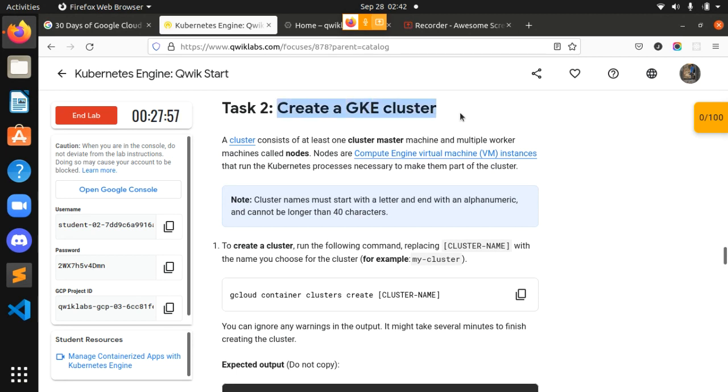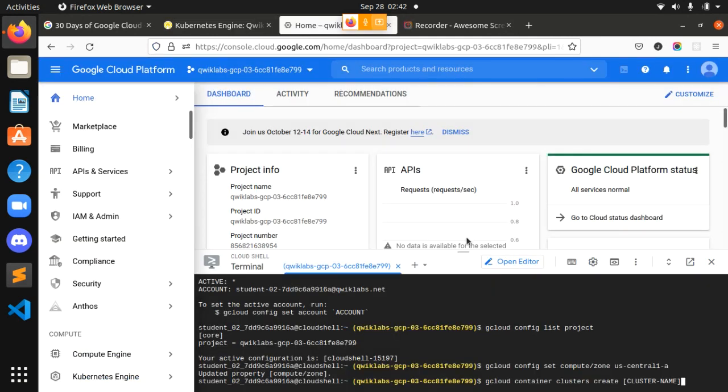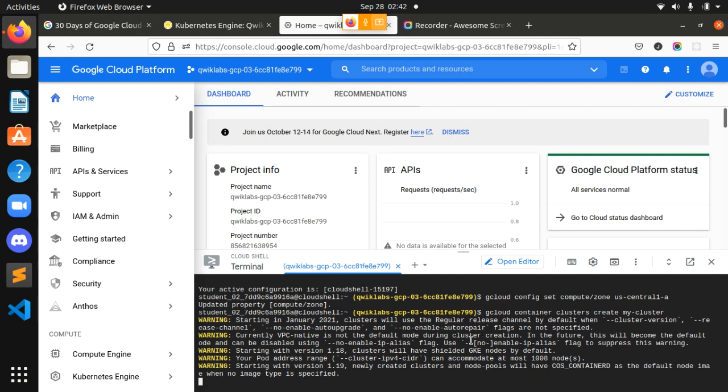After that we have to create a cluster. Okay guys, now see the naming system for a cluster, because sometimes it makes some errors. So now we will be creating a cluster, for example my-cluster, we shall use this name only. Now we have to name this cluster my-cluster. Guys, remember this name because it's gonna come many times, and the cluster is being created. Sometimes it takes time. Within 1 to 2 minutes it will be created. Guys, let's wait for some time.